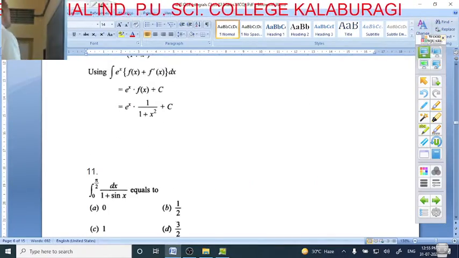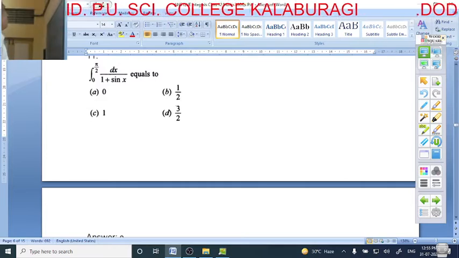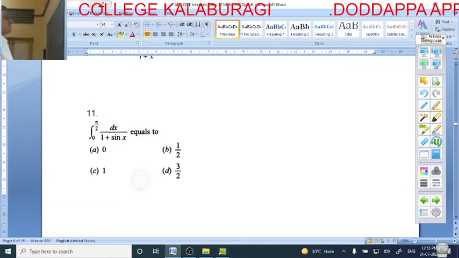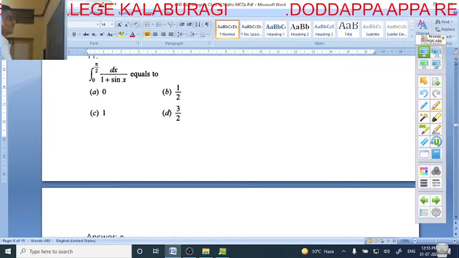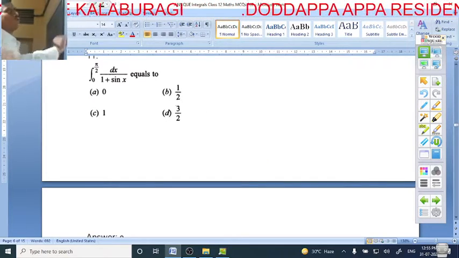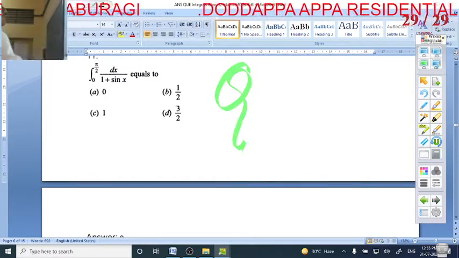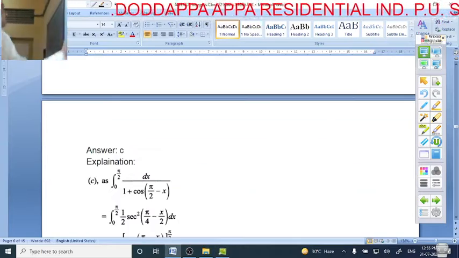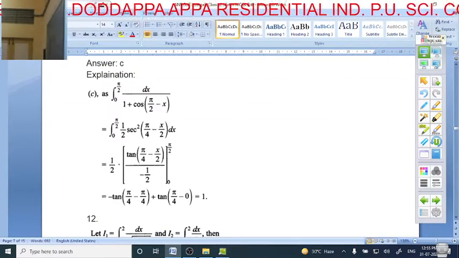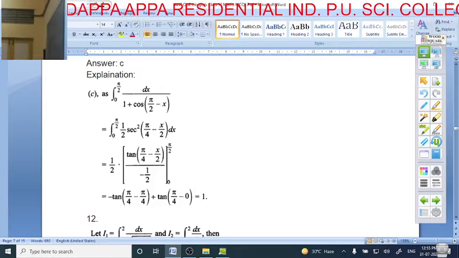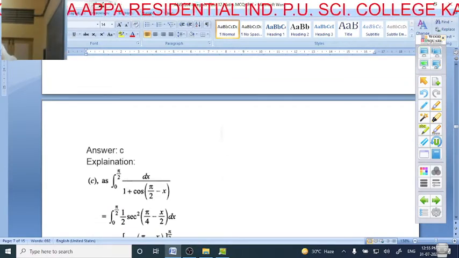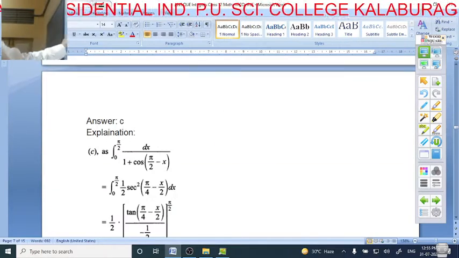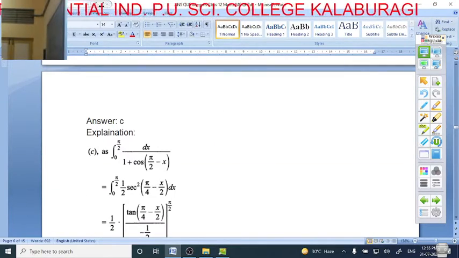Now we are going to take the 11th example, integration of dx divided by 1 plus sin x is equal to. So here also it is of quotient form, this is a quotient form. It means try to convert it into the standard form. In the denominator, 1 plus sin x is there. 1 plus sin x can also be written by using